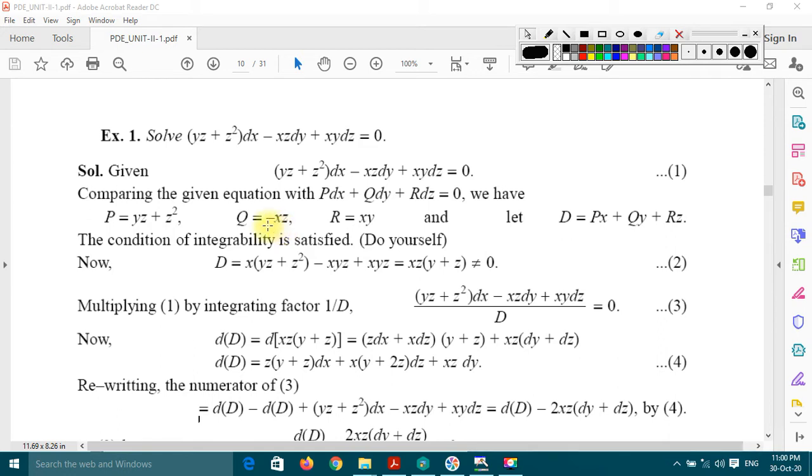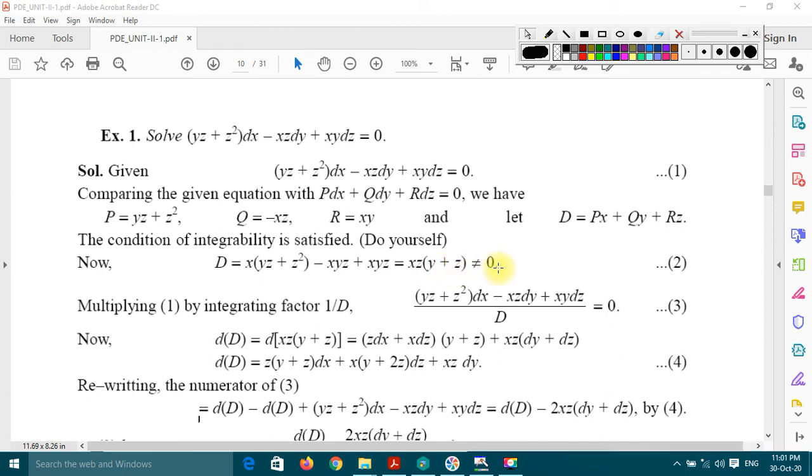Okay, next we find px plus qy plus rz, which means the value of capital D. Is the value of capital D 0 or not? So we multiply x in yz plus z square, so we get xyz plus xz square. We multiply y in q, so minus xyz. We add with px plus qy, then we get xz square, and then multiply z with r, then we get xyz. So xz square plus xyz. So we take xz outside, so we get xz into y plus z, which is